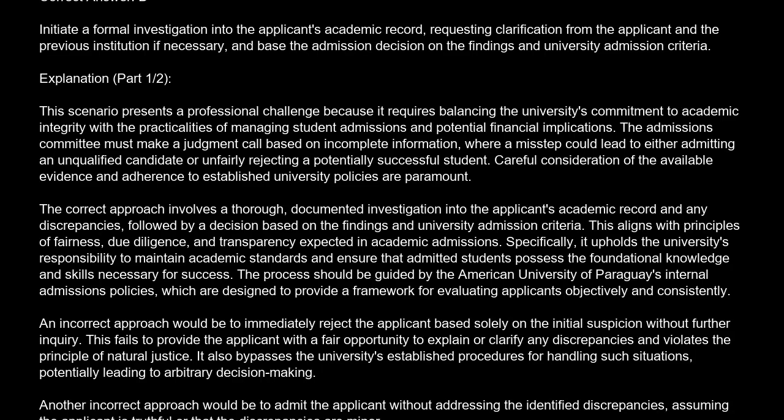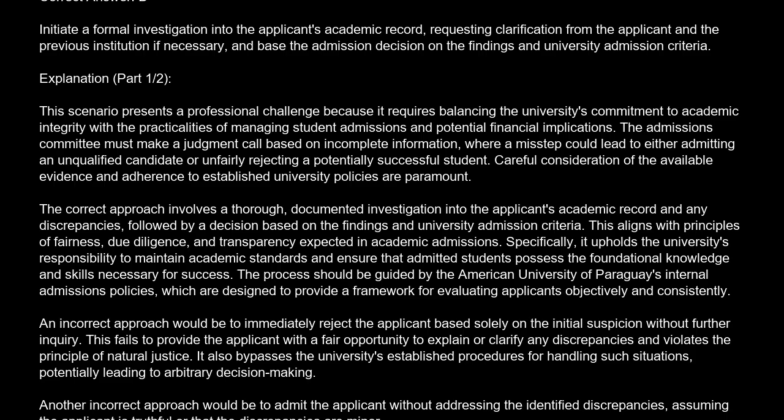The correct answer is D. Initiate a formal investigation into the applicant's academic record, requesting clarification from the applicant and the previous institution if necessary, and base the admission decision on the findings and university admission criteria. Explanation. This scenario presents a professional challenge because it requires balancing the university's commitment to academic integrity with the practicalities